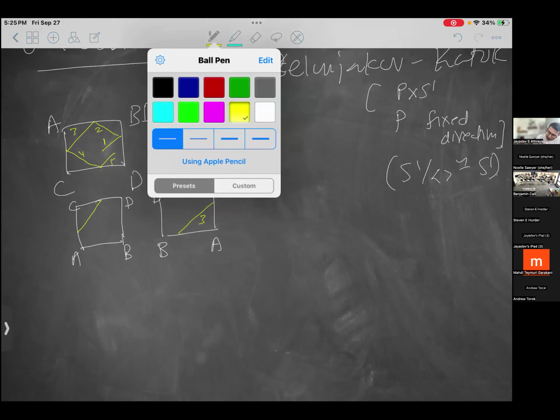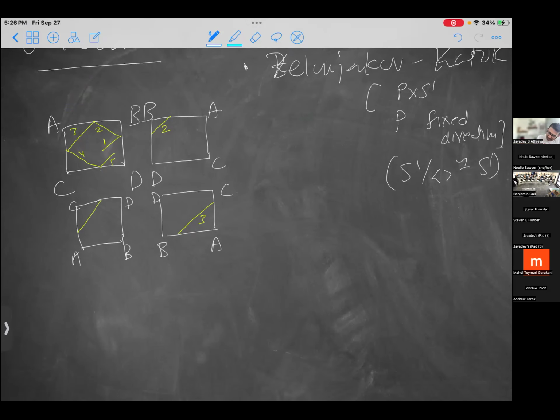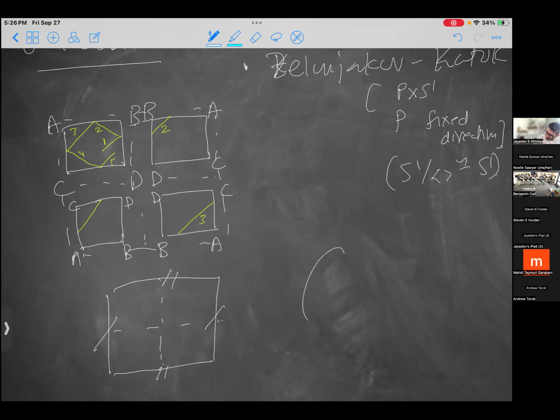And so now look at what happens. The way I've made some clever choices of gluing, it's BDDB, BDDB down here. This is BDDB, it's CDDC across this way. And then I have ACCA down this side, ACCA down this side, ABBA and ABBA. So in fact, what I get is a 4 times larger square with the left side glued to the right side and the top glued to the bottom. And in fact, this is a torus.